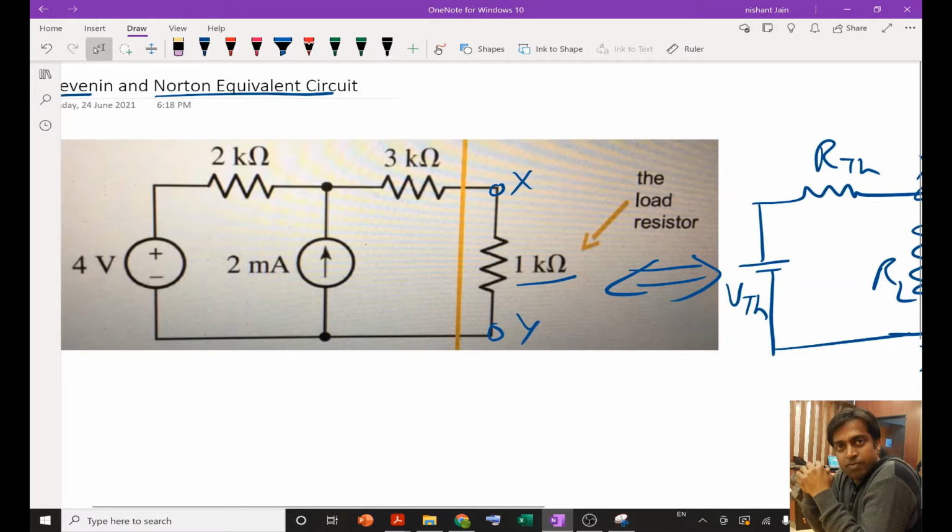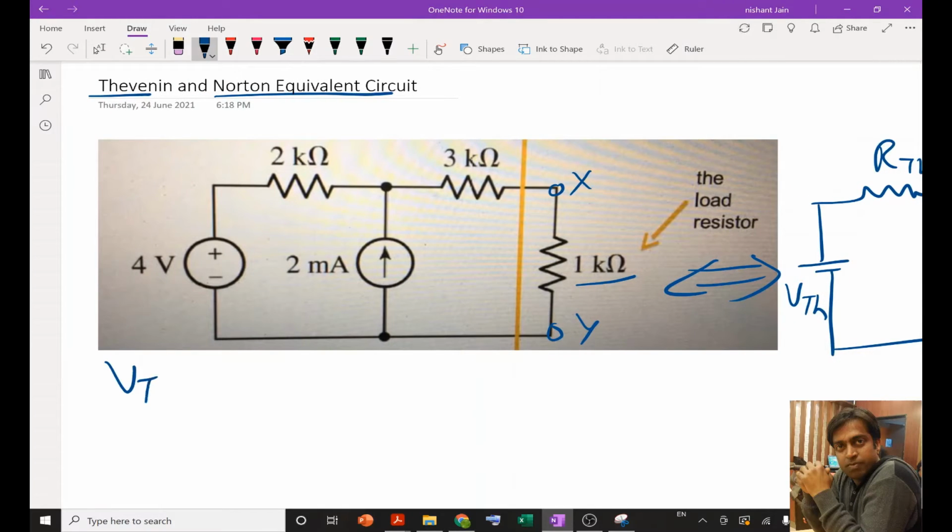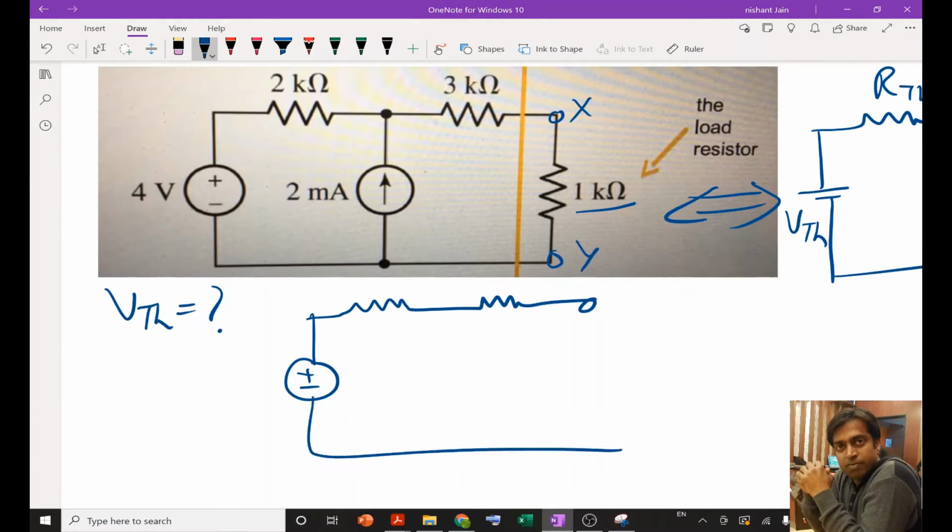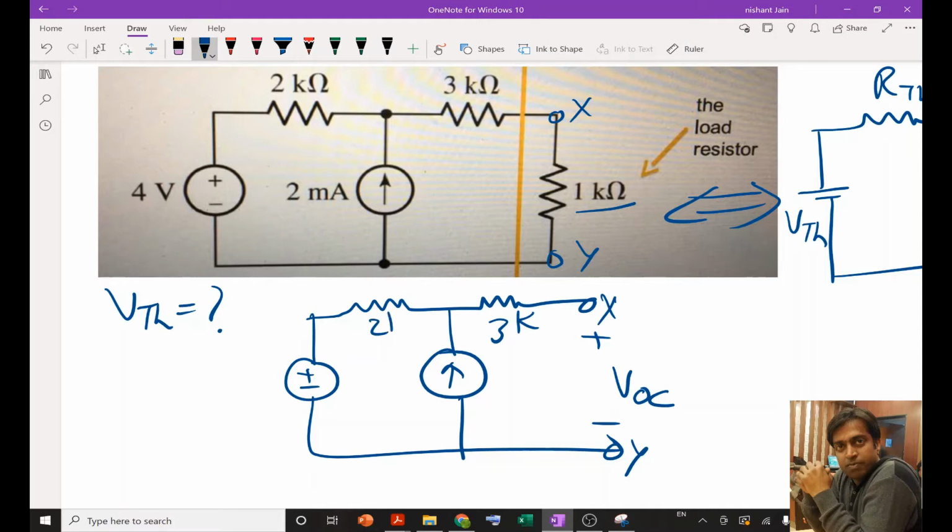Now our first task is to determine the value of VTH. To determine VTH, I need to remove the load resistor. If I redraw this circuit, my task will be to calculate this open circuit voltage. Over here it is 3 kilo ohm, this is 2 kilo ohm, this is 2 milliampere and this is 4 volt. Now let me assume that this is node A and this is my